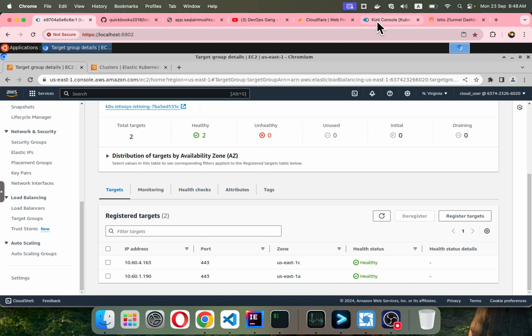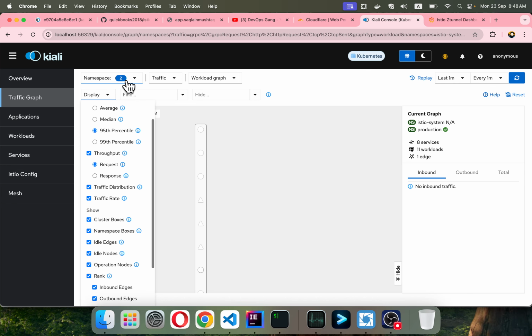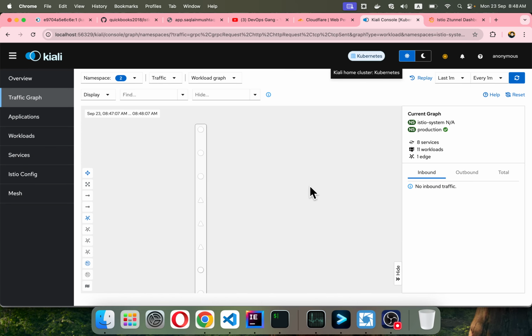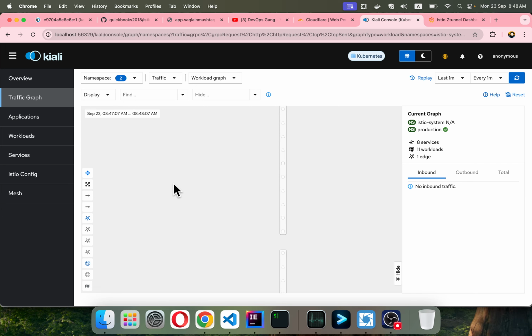So here what we are achieving is load balancing of the traffic, and let me just verify. Let's generate some traffic here. So let's do refresh, and I will show you the visualization on layer 7 with the Istio Ingress gateway we have deployed, and see in Kiali. So zoom to fit,